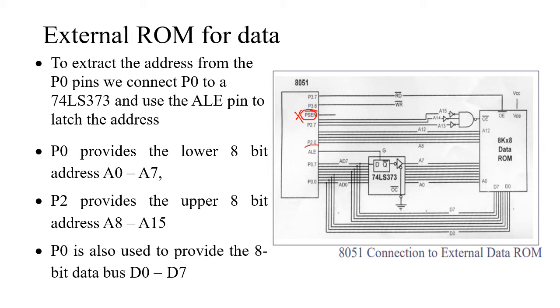We need an address latch enable signal to differentiate the address and data. Here you have a latch. When address latch enable becomes high, it separates the address from port 0 and gives it to the memory. Here the only difference is with respect to the output enable pin. The output enable pin will be connected to the read bar signal that is generated by the 8051.